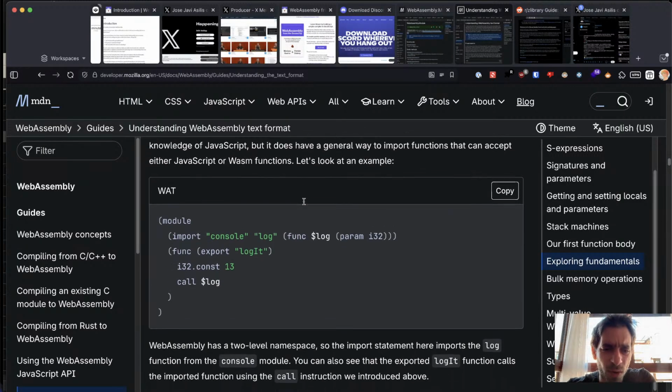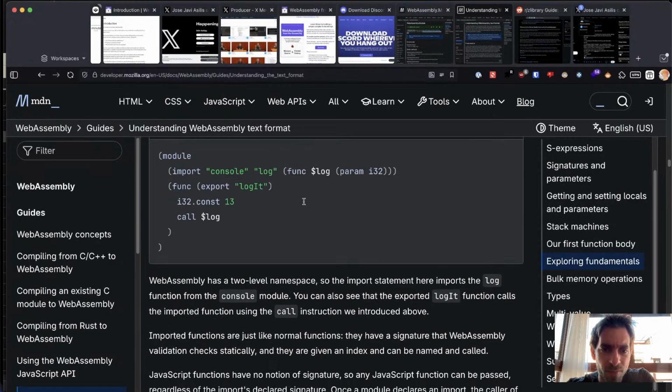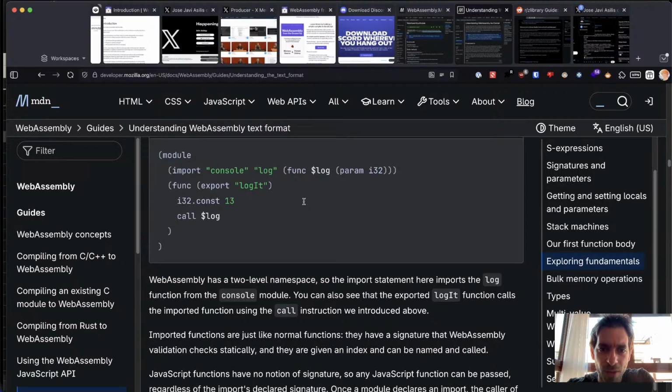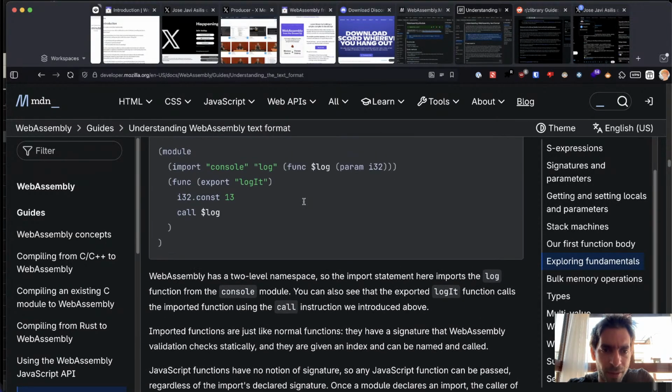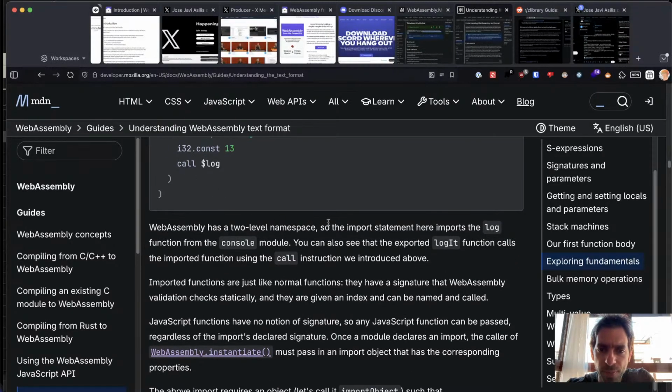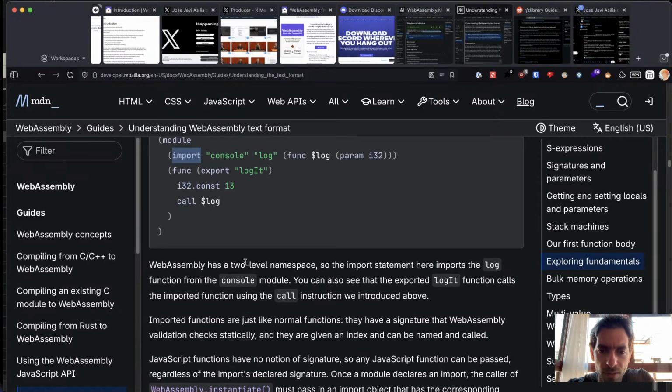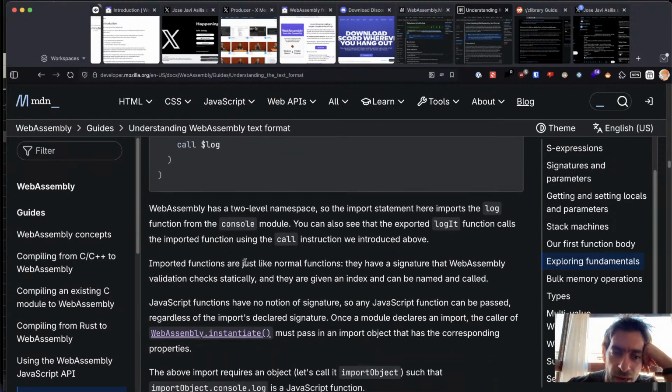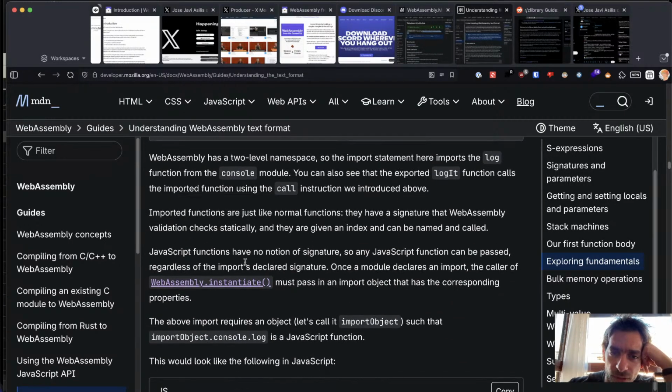So this is very raw, actually. Import console log func log param i32. Export logit. What is import? It has a two-level namespace, so the import statement here imports the log function from the console module. You can also see that the exported logit function calls the imported function using the call instruction we introduced above. Imported functions are just like normal functions. They have a signature that WebAssembly